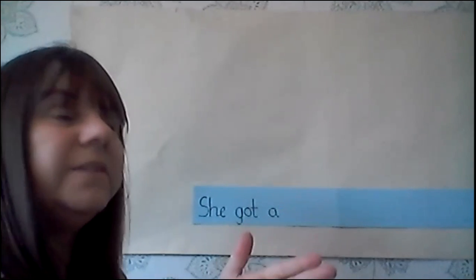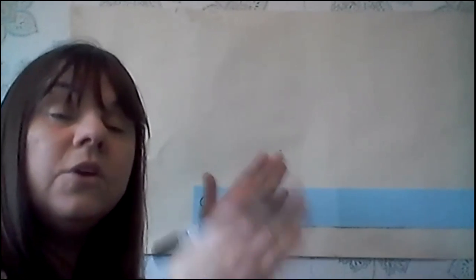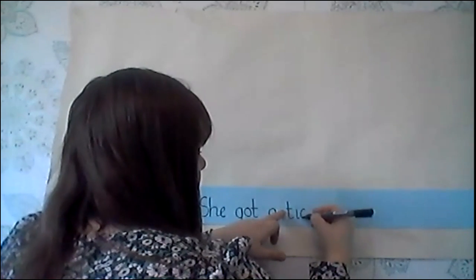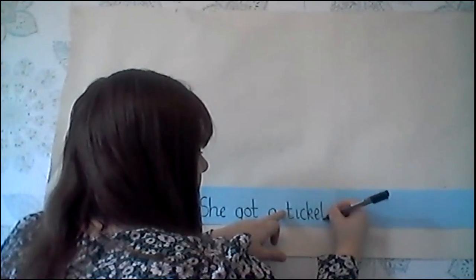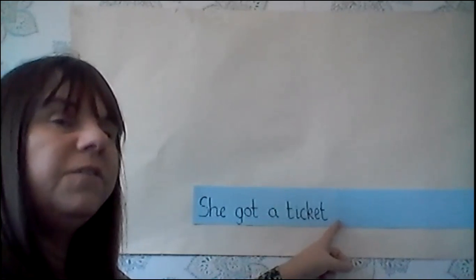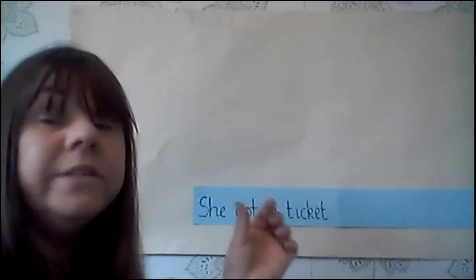ticket. Let's split the syllables. Tick, et, tick, et. Our first part is tick, t, ick, tick. Tick and then et to help us. She got a ticket for, oh. Now, we're learning that sound tomorrow. Is and a